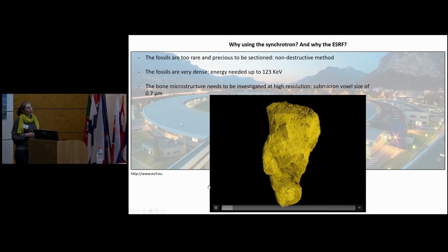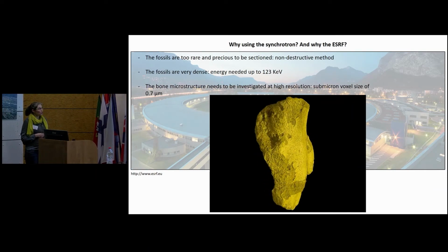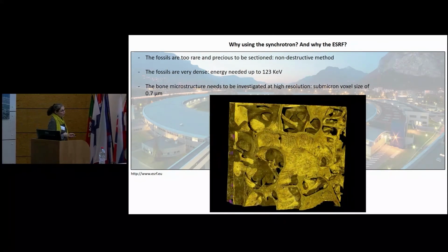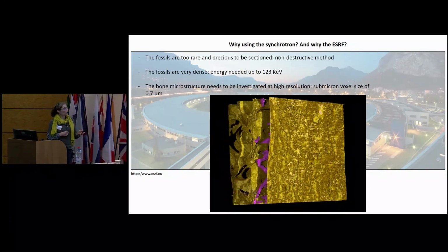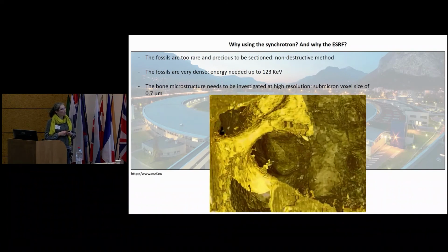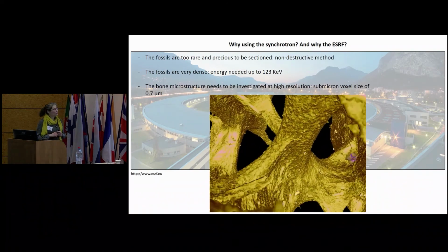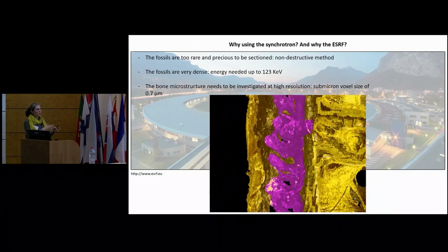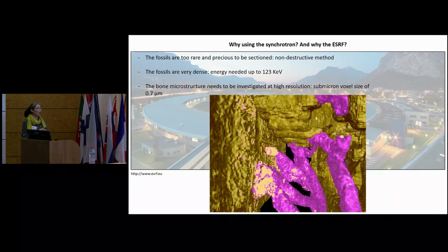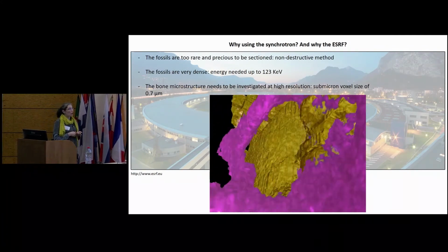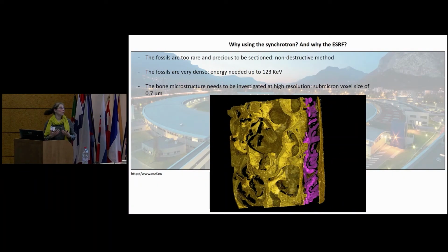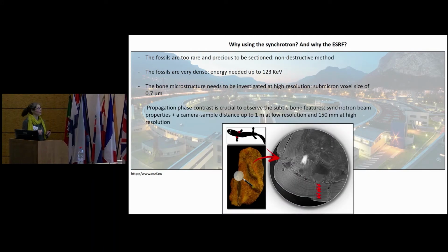We also need to apply a multi-scale approach. That means that you need to scan the entire bone at about 20 micron here, and then do a spot at high resolution with a sub-micron voxel size to investigate, for example, the texture of the trabeculae, their orientation, their size. As well, if you go now into this cylindrical bone that you had seen before, you can see here in purple the blood vessels where you have the canals, and this all gives you some information about the development and the biology of the animal. So this is crucial to get this information at different scales.